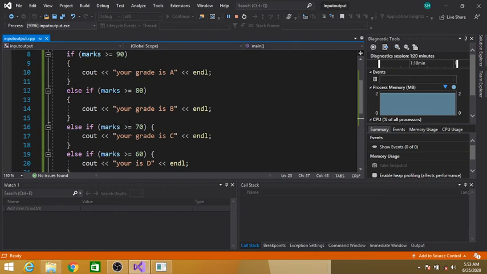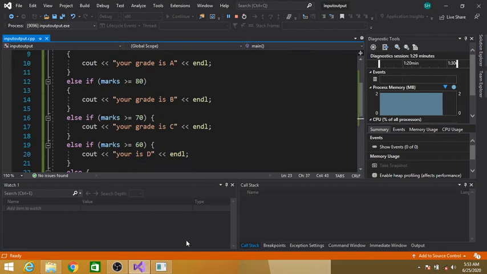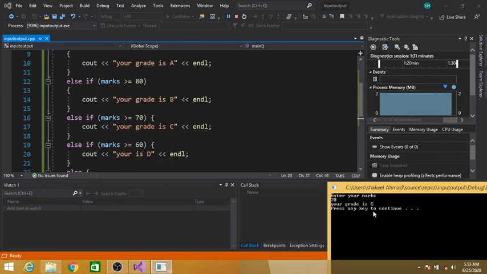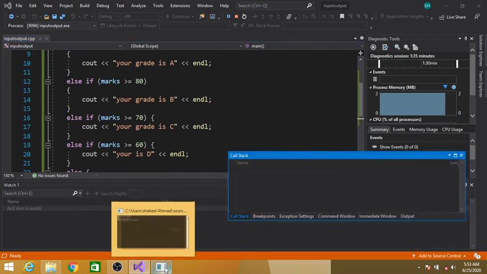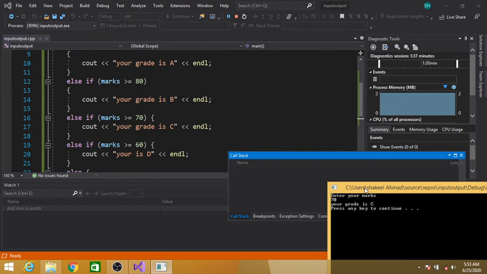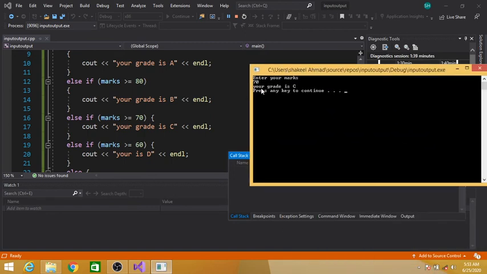So your grade is C. Hence it is printed that your grade is C. See here, your grade is C.